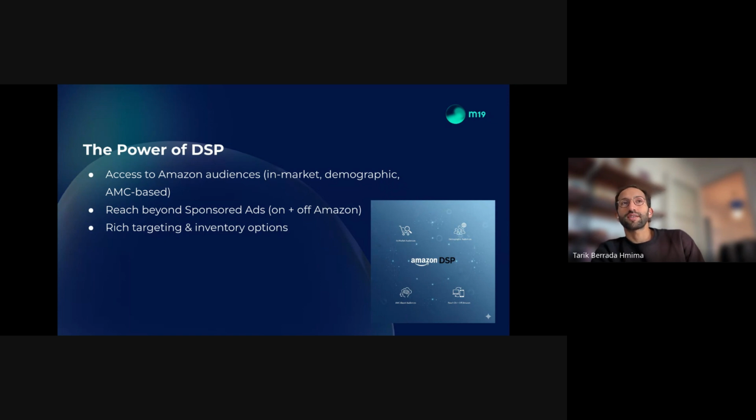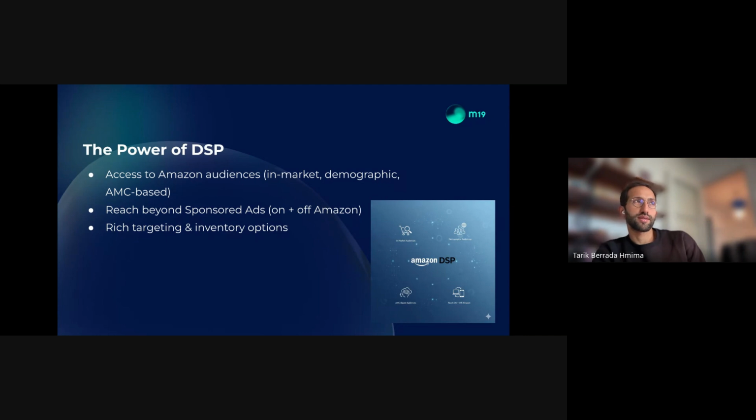Then you have audiences based on demographics, which are also available to be used inside DSP. And the last one is AMC-based audiences. AMC, for people who don't know what it is, is Amazon's most granular and detailed data about ads.